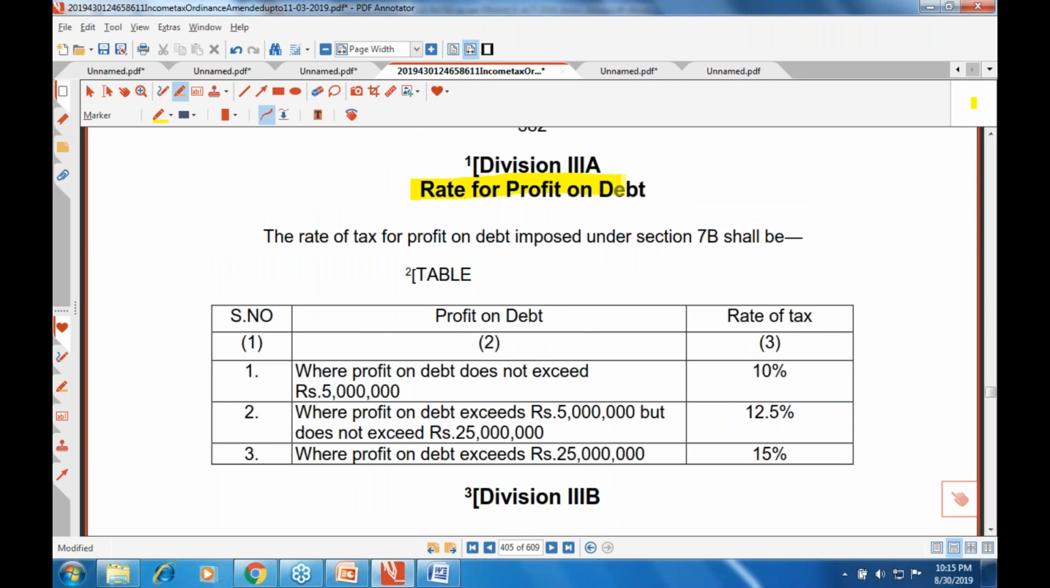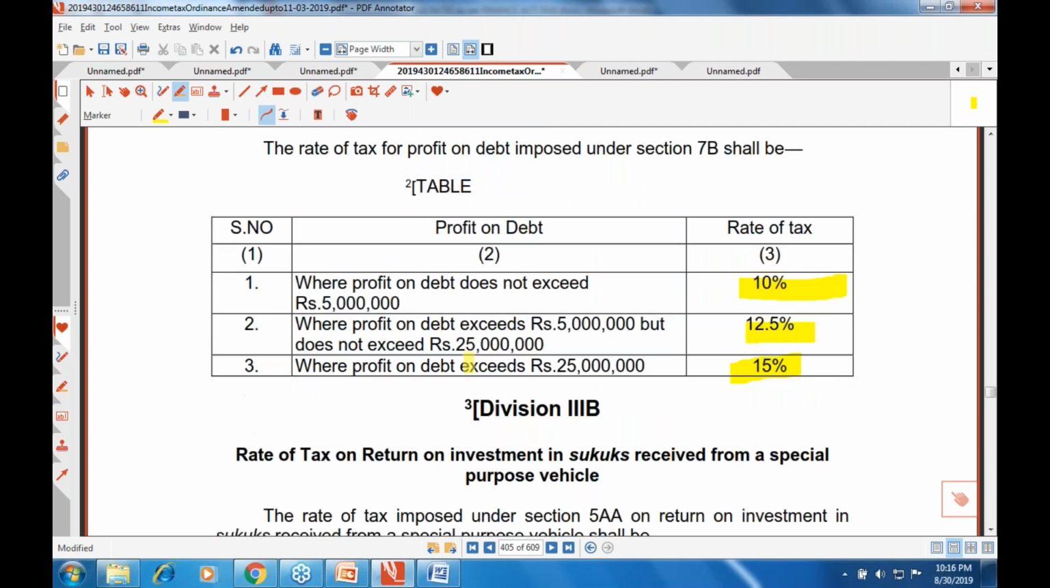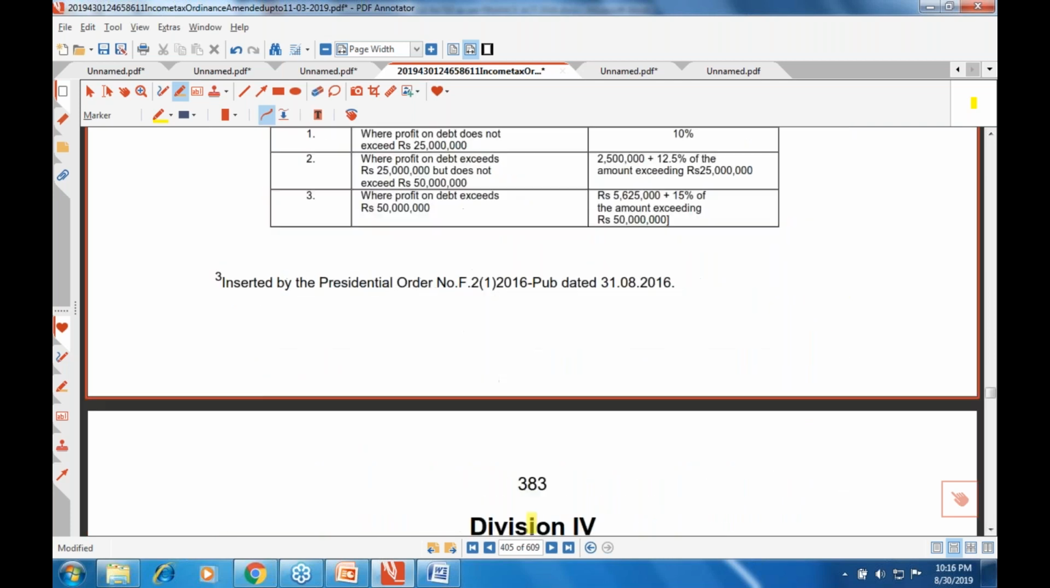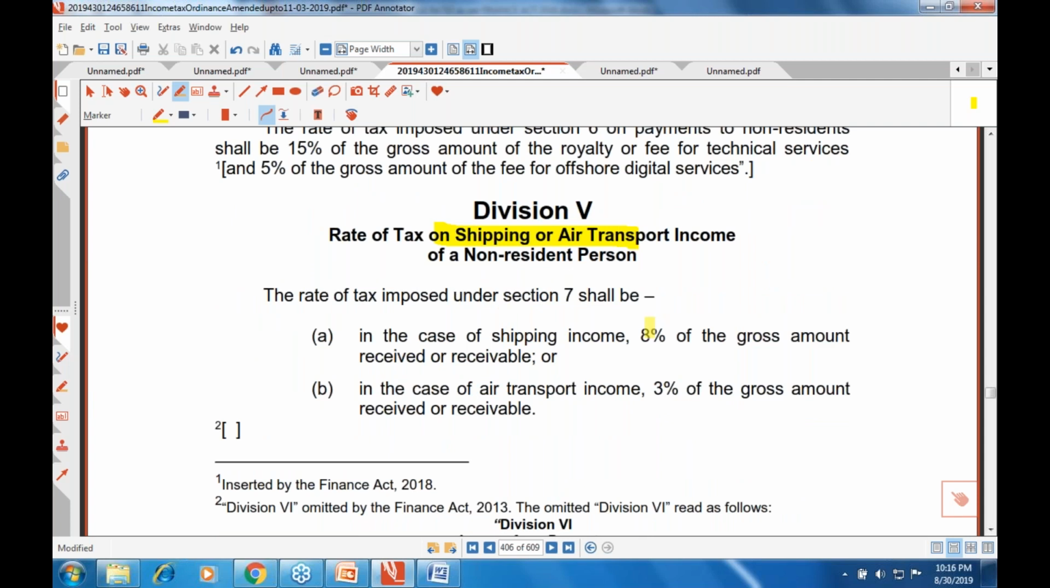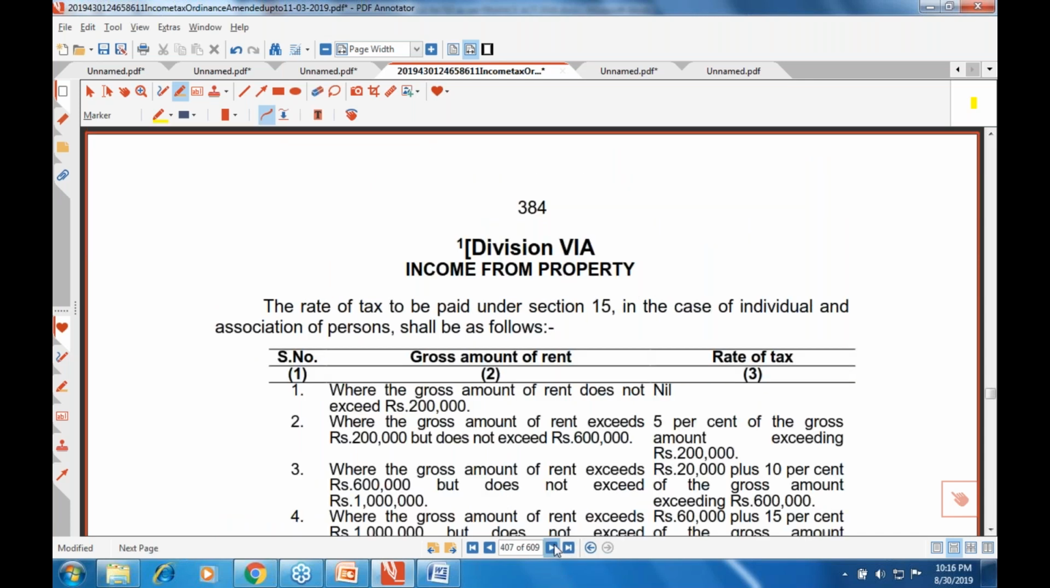Also, the rate of profit on debt. Let's say you get a loan from a governmental institute or a banking institution. The bank, while paying the interest to you, is going to deduct a certain tax. The tax that they are going to deduct is based on this specific item, the rate which is based on certain slabs. So this is the presumptive tax regime. Now, also let's try to understand, for example, shipping and air transport income, then